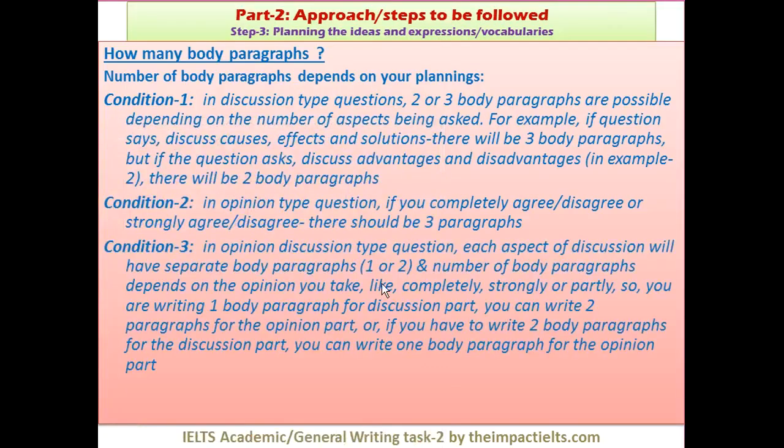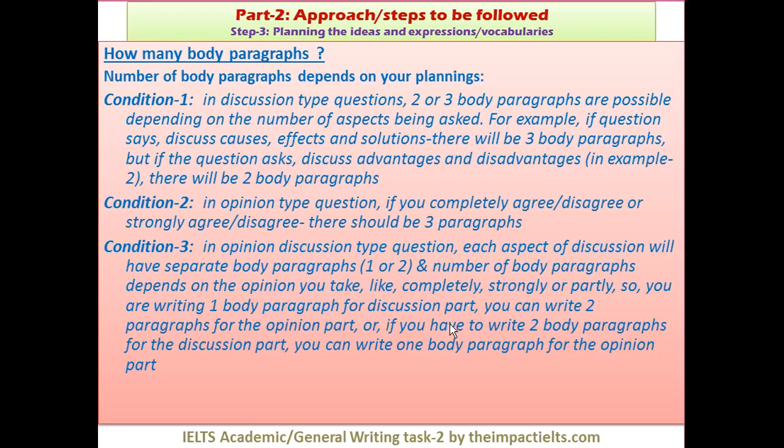Condition 3 is the opinion discussion type question. Each aspect of discussion will have a separate body paragraph, that's for sure. And the number of body paragraphs depends on the opinion you take, like completely, strongly, or partly. So you are writing 1 body paragraph for the discussion part, you can't do anything. So maybe it's about what are the causes and do you think this is the right solution. So you can't do anything for what are the causes, and you have to write 1 complete paragraph at least